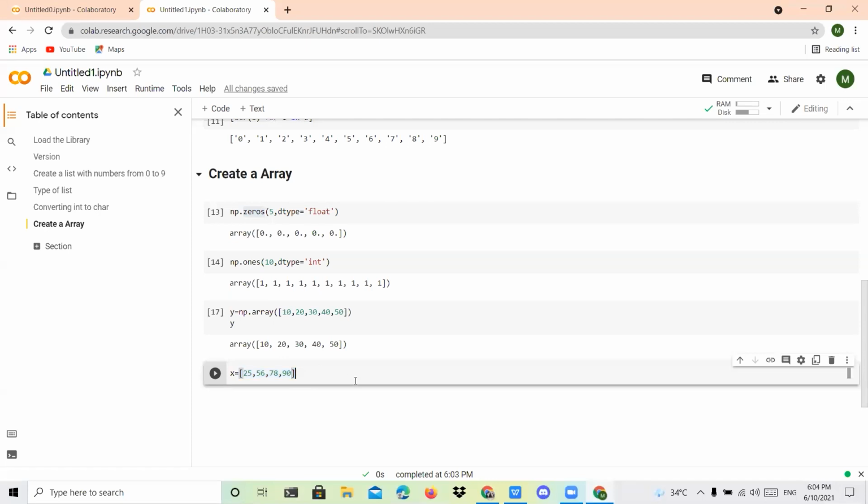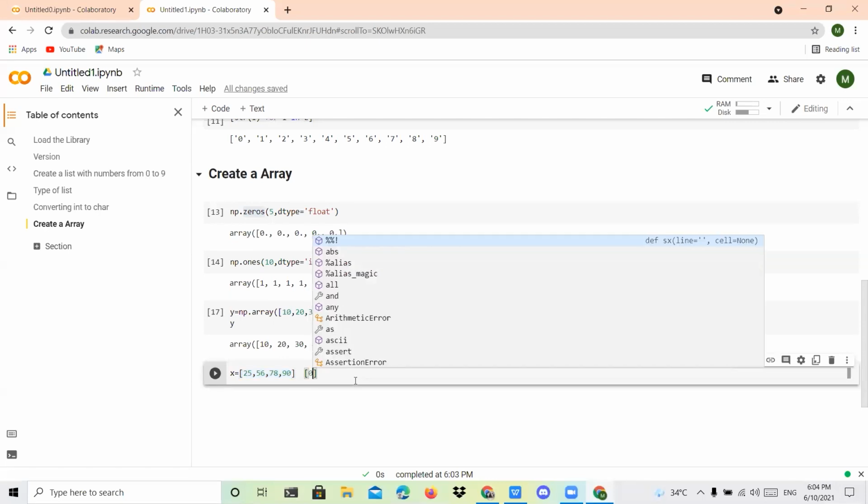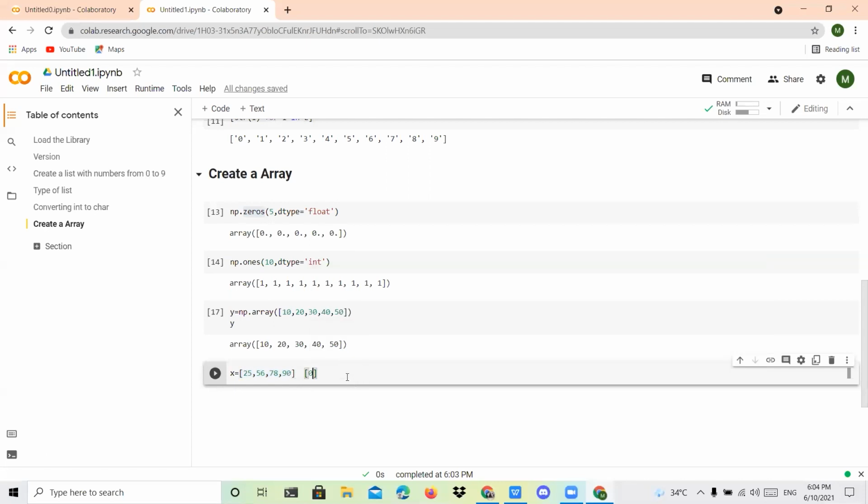In images, we are going to use it like this only. If you mention values within a single square bracket, that will be considered a one-dimensional array. If you use double square brackets, that will be considered a two-dimensional array. Like that, your images will be converted into the encoding format.